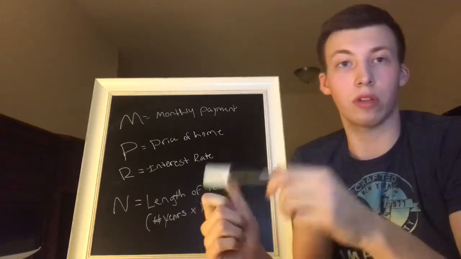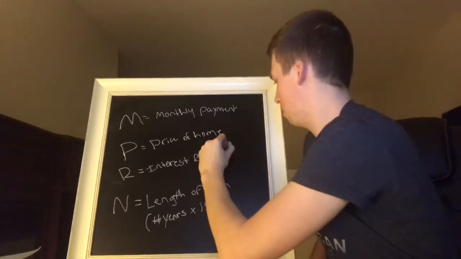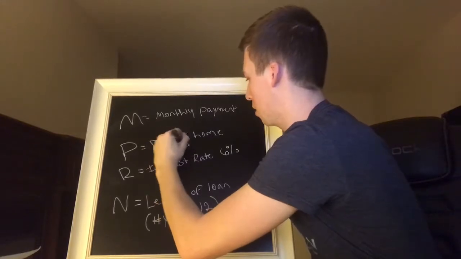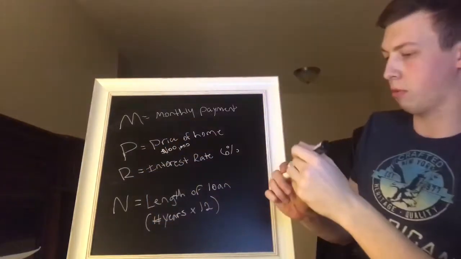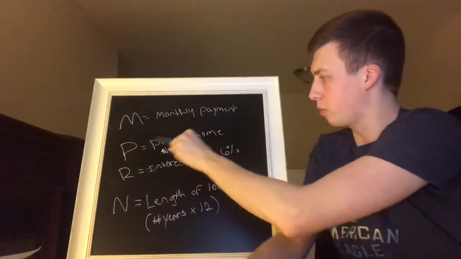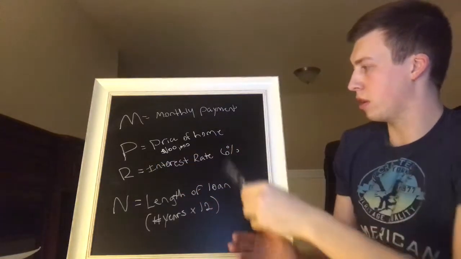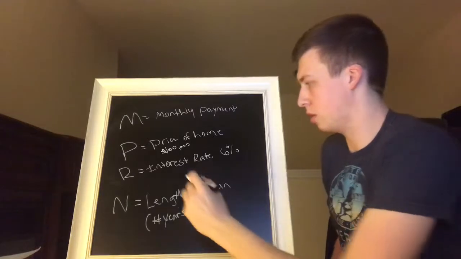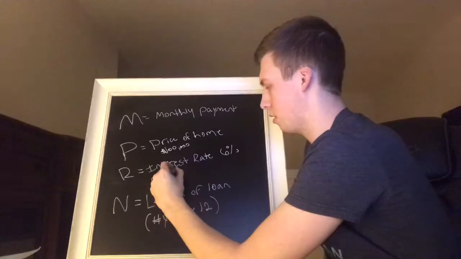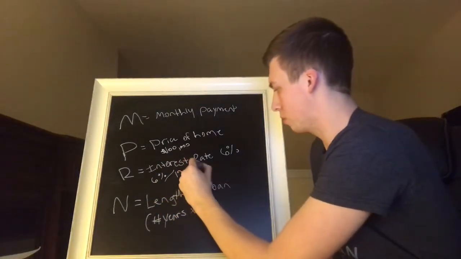So for this, we'll use a 6% interest rate, and we'll use $100,000 for the price of the home. So M in the equation will be your monthly payment. P will be the price of the home, which is $100,000. R will be the interest rate, which is 6%. And for the equation, the interest rate is 6% divided by 12, since there are 12 months in the year. So that'll come out to